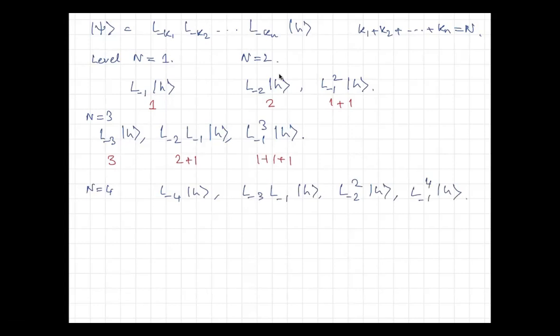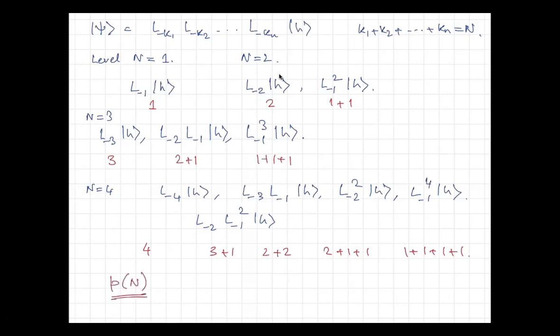And yeah, do we have something else? Yes, we do. L minus 2, L minus 1 squared acting on H. So you see, these are again the number of ways that you can partition 4. 4 can be 4, or it can be 3 plus 1, or it can be 2 plus 2, or it can be 2 plus 1 plus 1, or it can be 1 plus 1 plus 1 plus 1. Right? These are all the ways that you can partition 4. So this is clearly